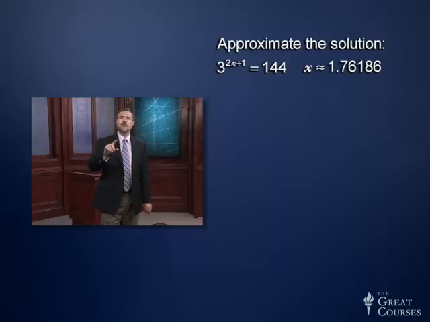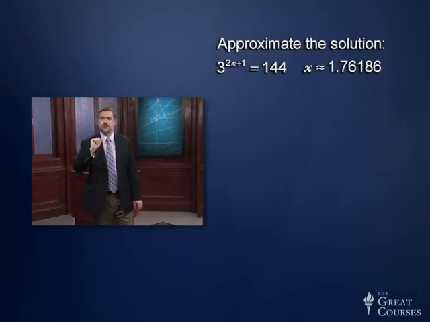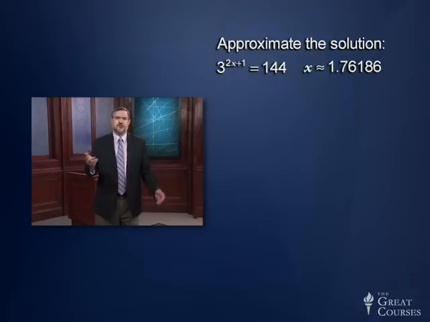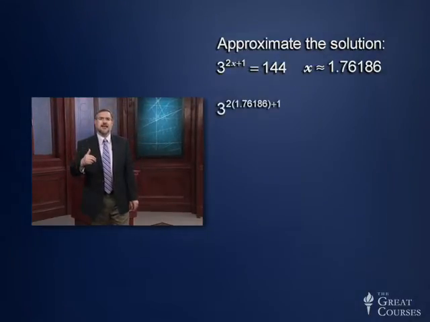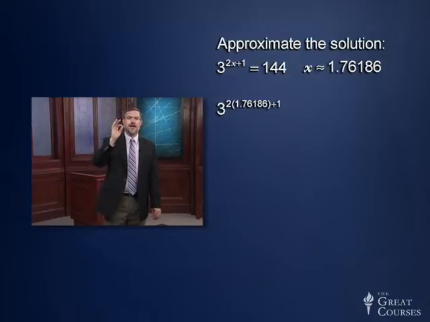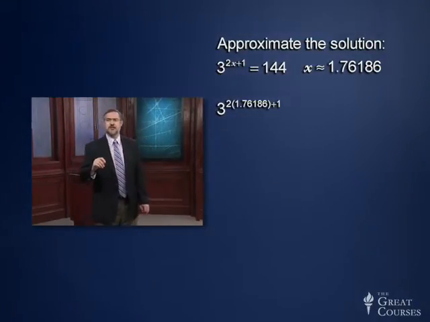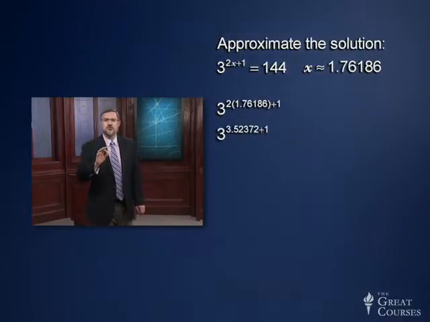So the way you do that is to take the answer we just found, 1.76186, which is just an approximation, and plug it back into the original equation. This is how we've been checking solutions all course long. And in that case, we're going to do 3 raised to the 2 times 1.76186 plus 1. And that's going to be 3 raised to the